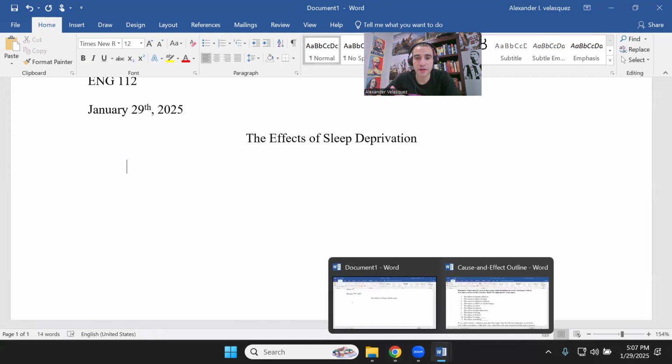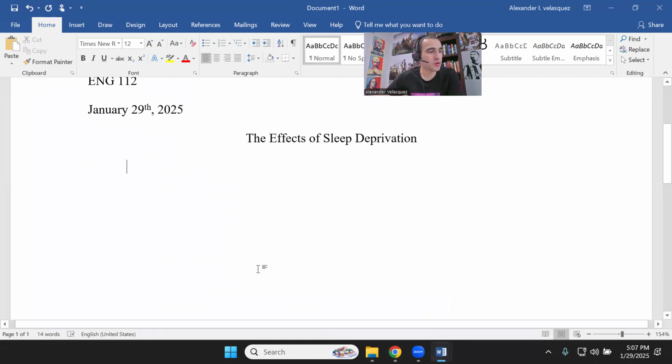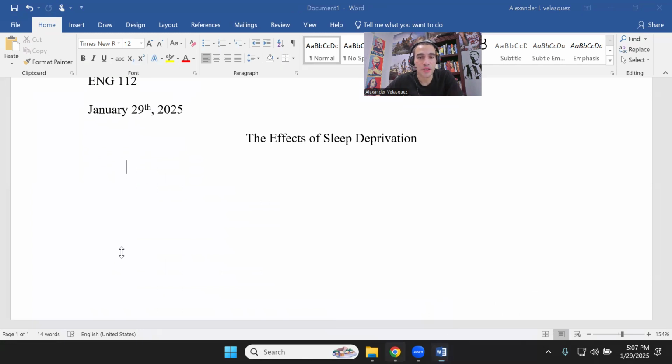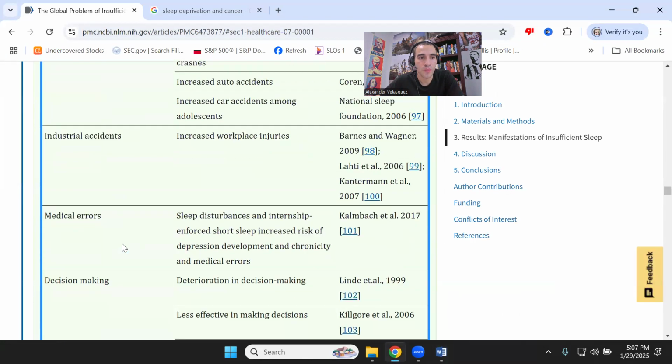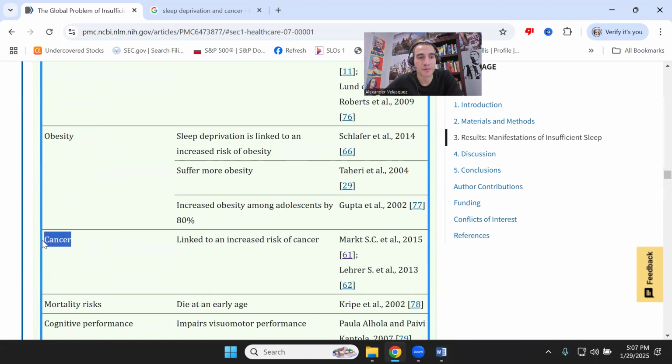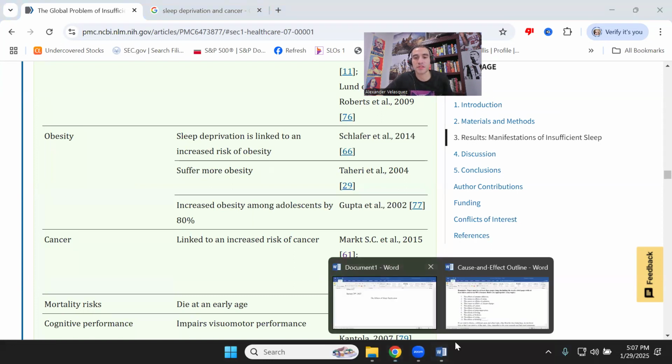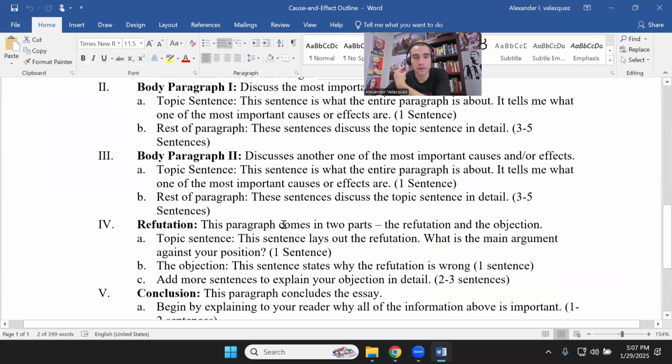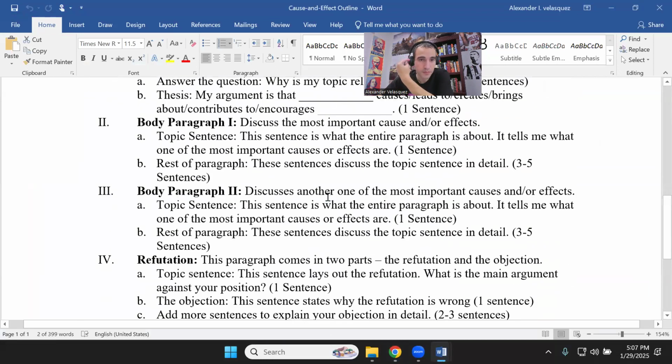So in this particular example, I'm going to talk about how sleep deprivation could lead to cancer. Okay, so notice it says linked to an increased risk of cancer. So that's going to be what I'm going to focus on. So to start, I'm going to start with my topic sentence. So let's go to the outline. So again, the outline says